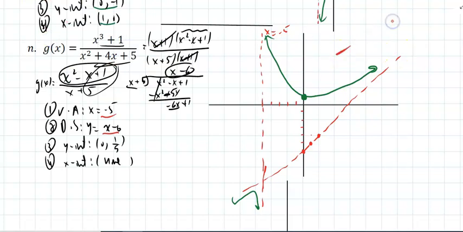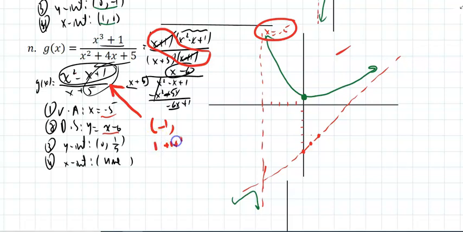Somebody looking at this graph, if you ask them what's the domain, they say x cannot be -5. They're correct. But there's another value that you canceled. They can't tell from the graph. If x equal -1, what does y equal? On this graph that you're showing, -1, that's 1 plus 1 plus 1 over -1 plus 5, that is 3/4. At -1, 3/4,